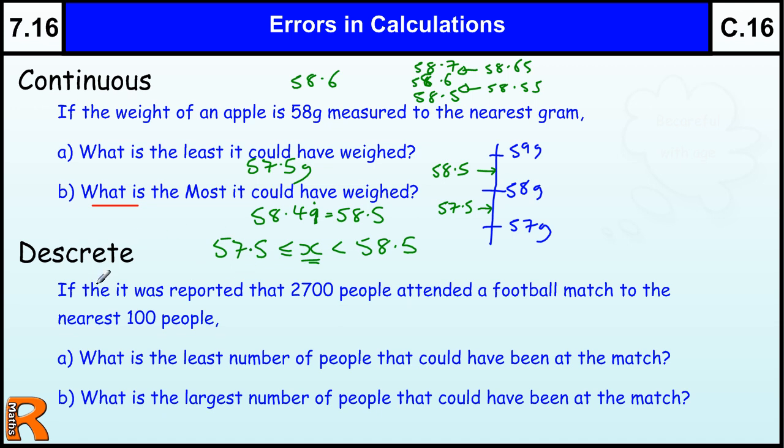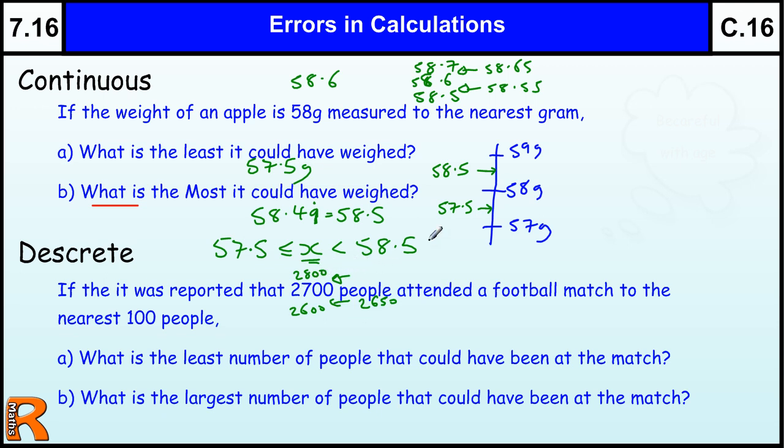Okay, discrete data, you've got to be careful because you can get into a sort of false sense where you're going to use these 0.5 boundaries all the time. But if you're looking at discrete data like people, if it was reported that 2,700 people attended a football match to the nearest 100 people, then we could do the same idea. 2,600 would be the 100 below, 2,800 would be the 100 above, and we go in between those, we'd have 2,650. Now this upper boundary, okay, we've got to be careful